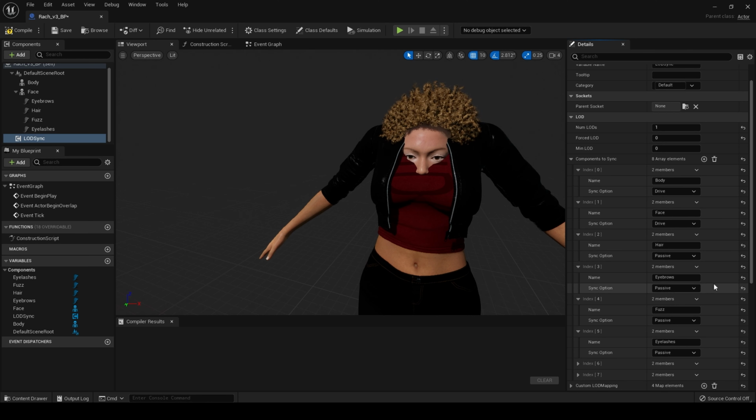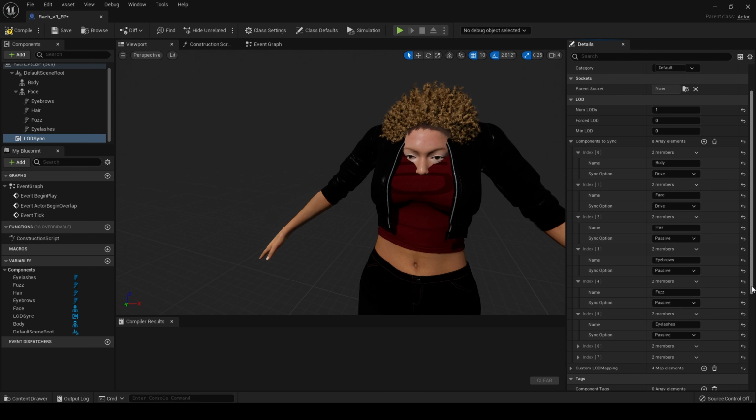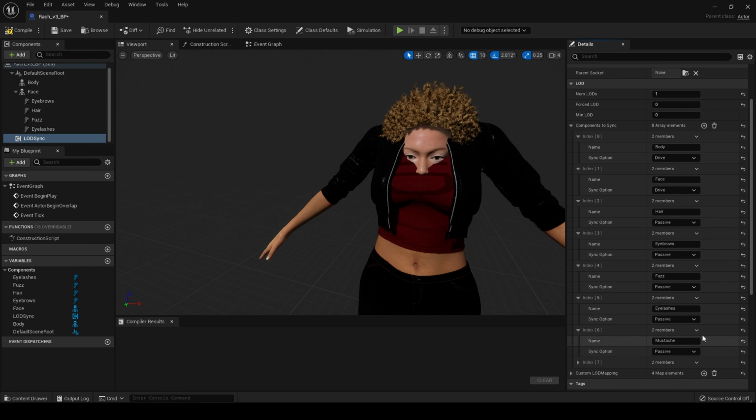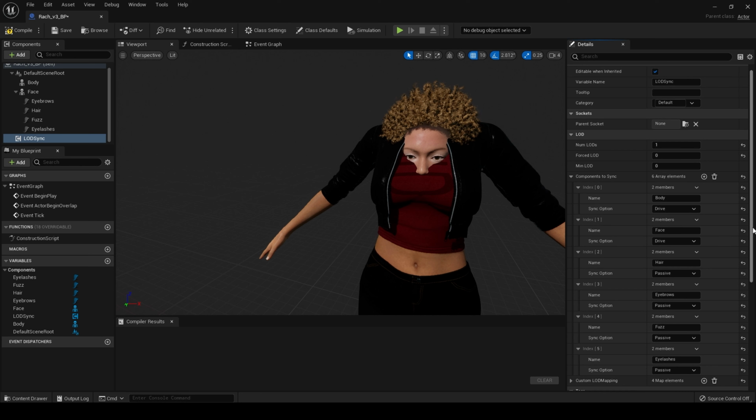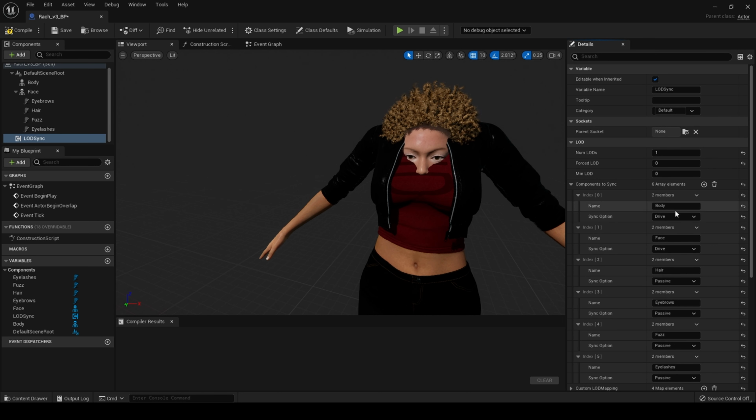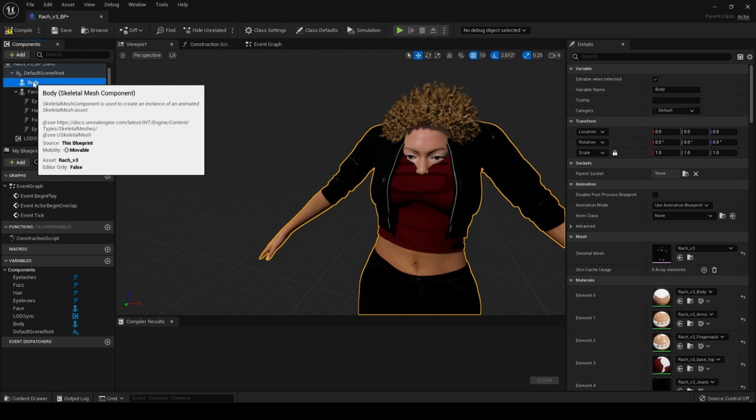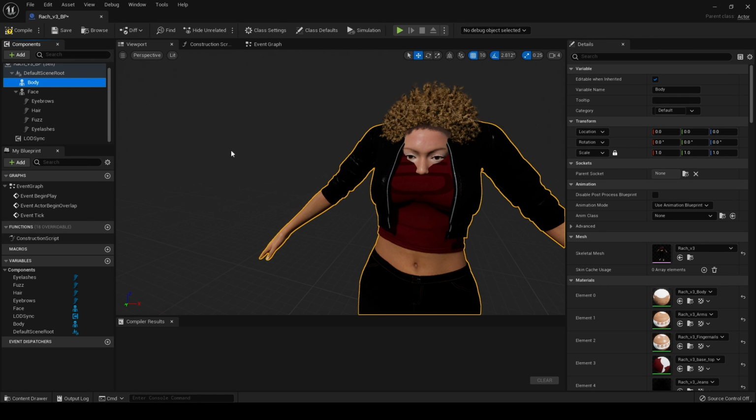We have hair, brows, fuzz, eyelashes. What's down here? We haven't got a mustache, so delete that. And beard, we haven't got a beard. And I think that's about it. Yep. So just ensure that body is in there, and you've named your DAZ skeletal mesh to body. And hit compile for now.